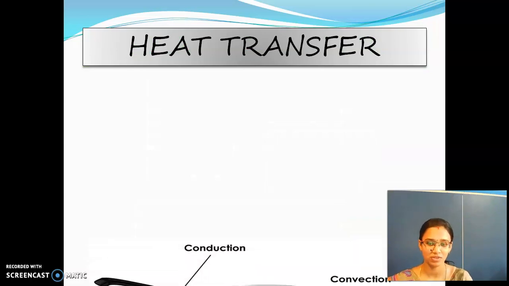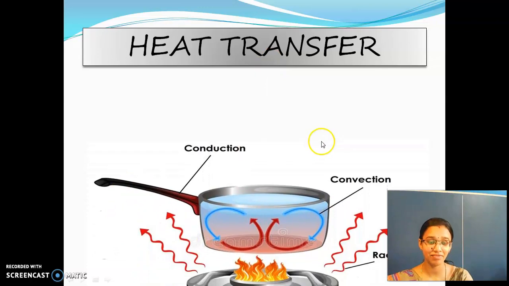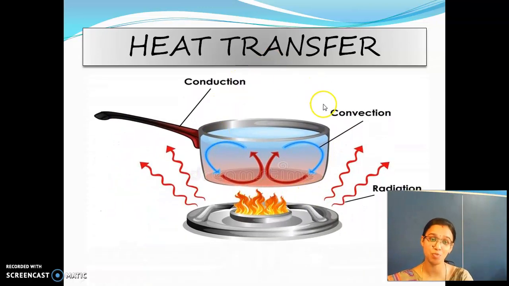Okay. So here is a diagram given to represent these three processes. So conduction takes place. When does conduction take place? Through which medium? Very good. Conduction takes place in solid medium, and it takes place through direct contact. If you are touching some hot object, we feel the heat, and then suddenly we take the hand away from that place.